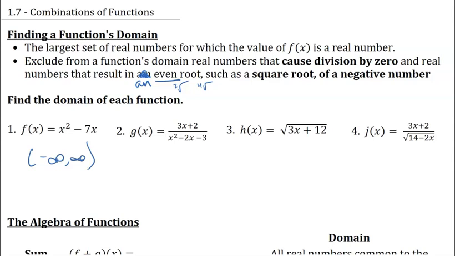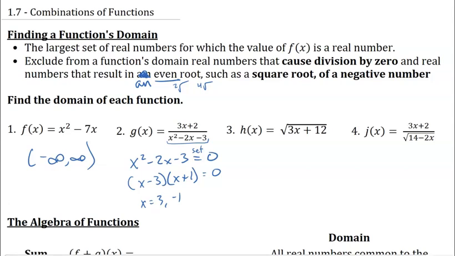For this one, we have a fraction, and I need to know what makes my denominator equal to 0, because I can't have that in my domain. So I'm going to start by just solving that for 0. So x squared minus 2x minus 3, I'm going to set this equal to 0. And this is factorable: x minus 3 times x plus 1 equals 0. So x equals 3 and negative 1. Now remember, these are the values that x cannot be, because it gives us a 0 on the bottom of the fraction. So we're going to say